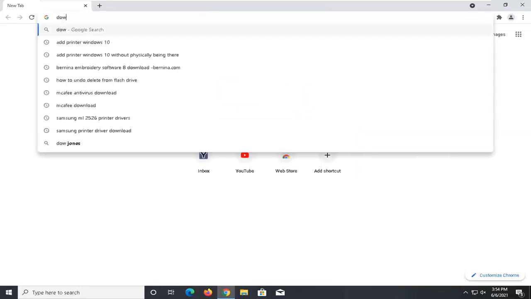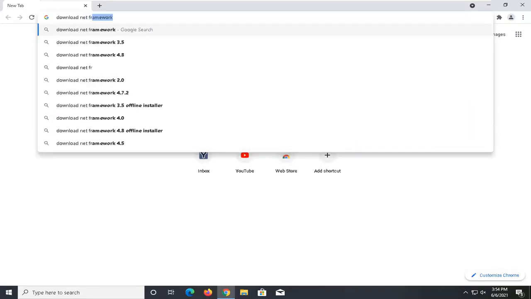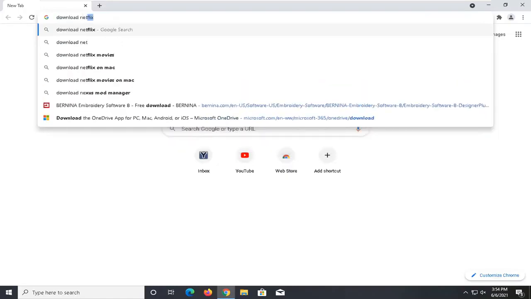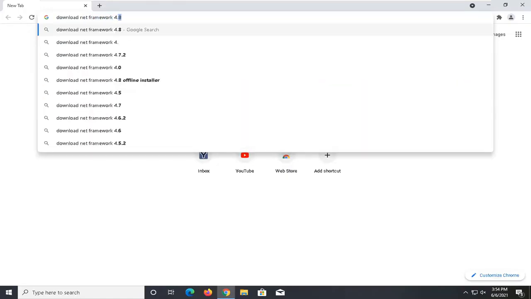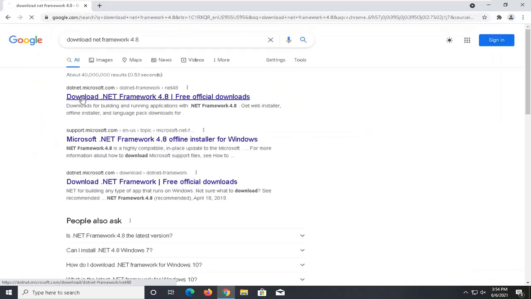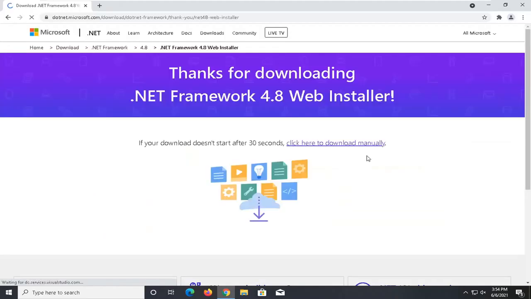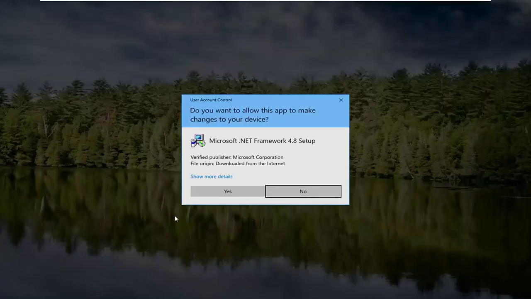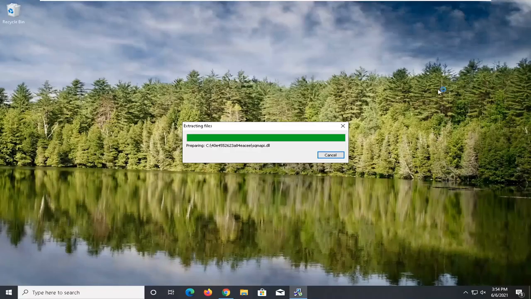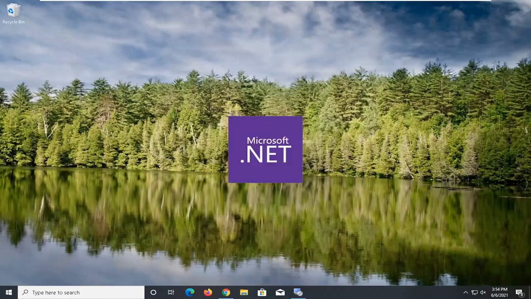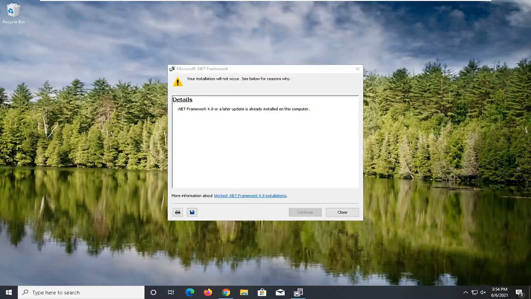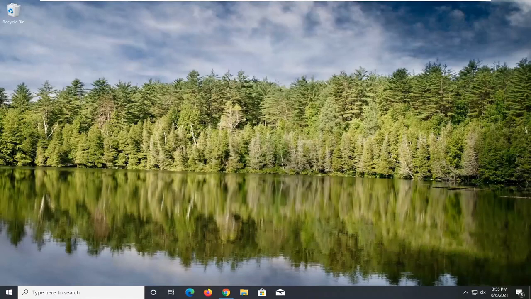So let's just go ahead and download .NET. Let's go ahead and download .NET Framework 4.8, and you're going to search for that. Go onto the Microsoft web page here, and we're going to select the runtime version. Run the file, select Yes. And it's already been installed on our computer, so we don't have to worry about that. But in your case, it should let you continue installation without any problem. So pretty